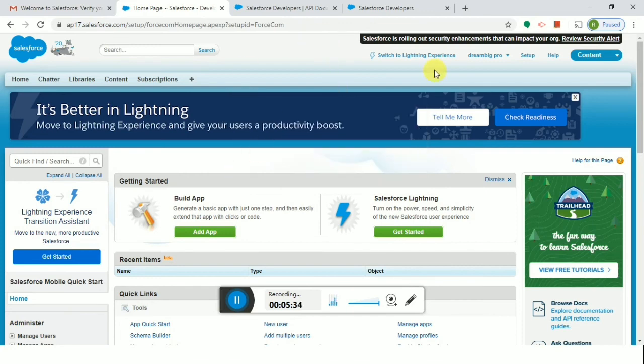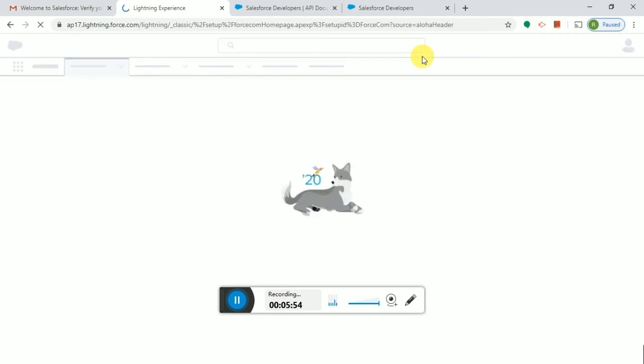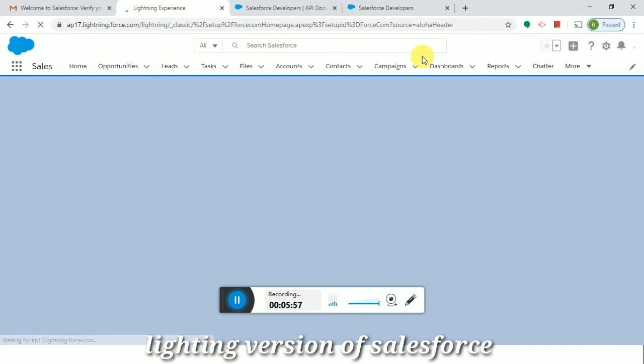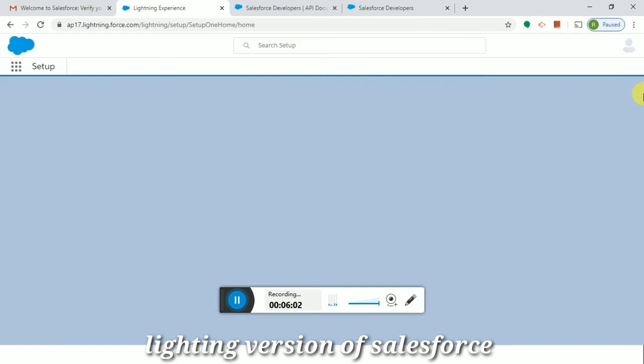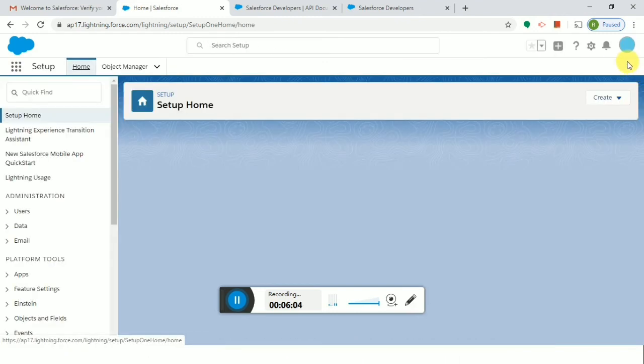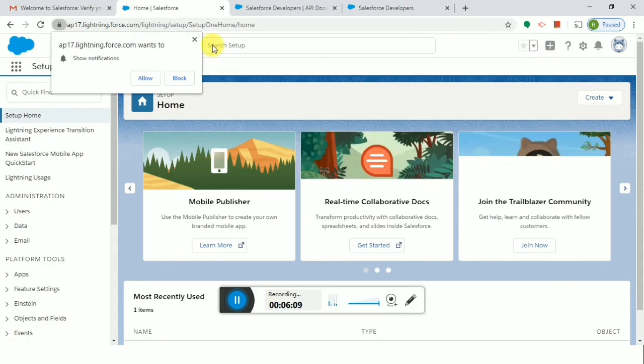It's a dashboard. You can call it the home page of your Salesforce. And always remember, always use Lightning Experience, because all developers are moving to Lightning Experience right now. They are not using the classic mode, which was the previous window, and this is Lightning. Okay, it's getting loaded.